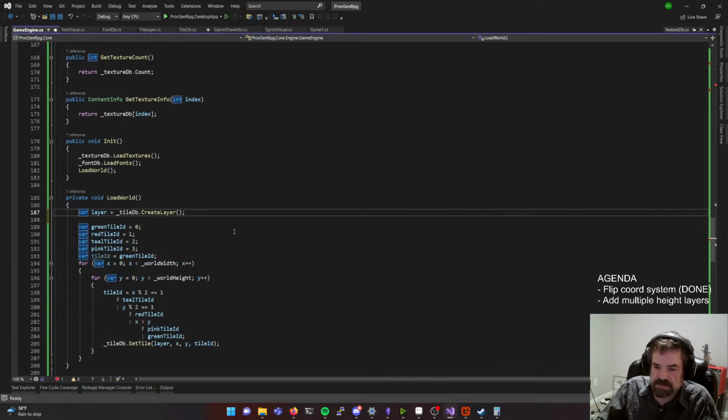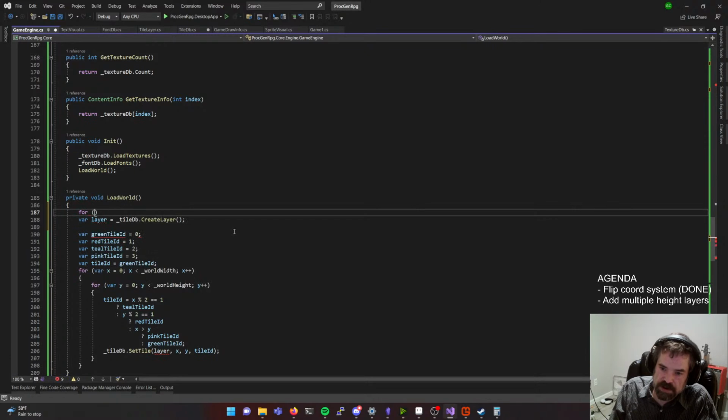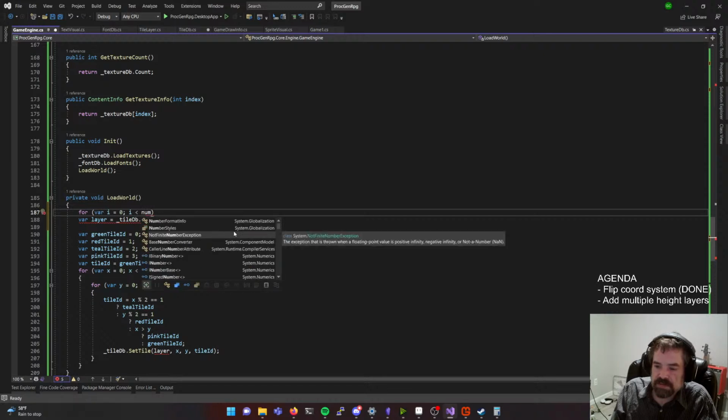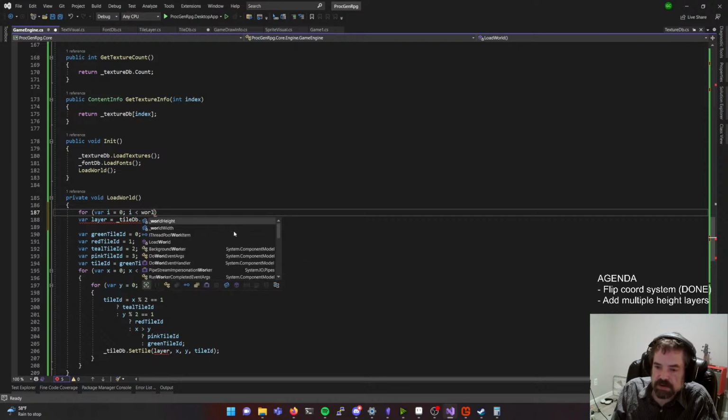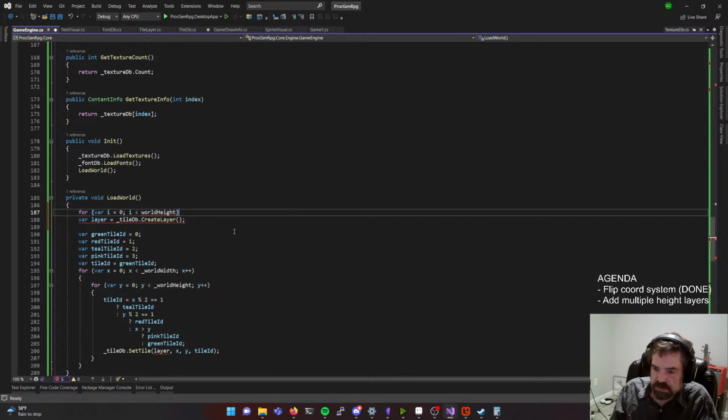So we're just going to, for var i equals 0, i is less than the world height, I guess. This is essentially Z. I want to call it Z. Z equals 0, Z is less than